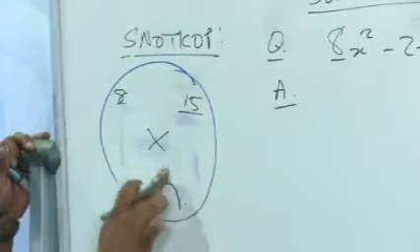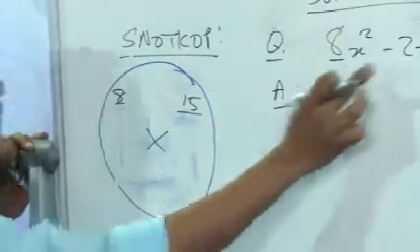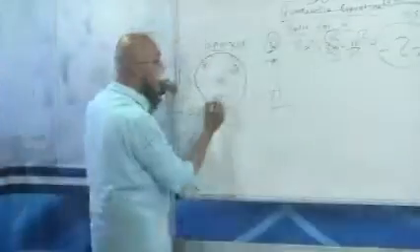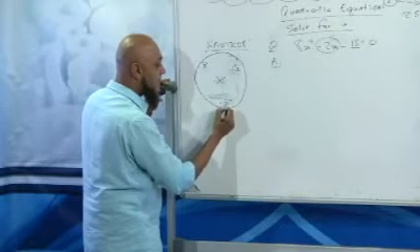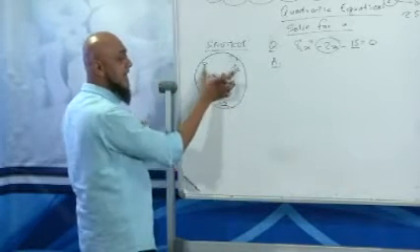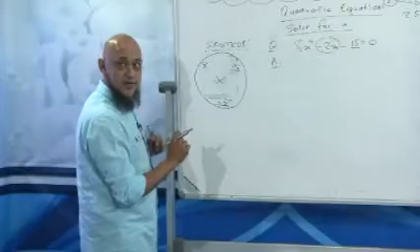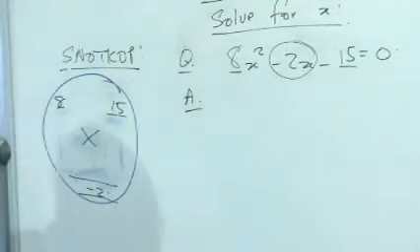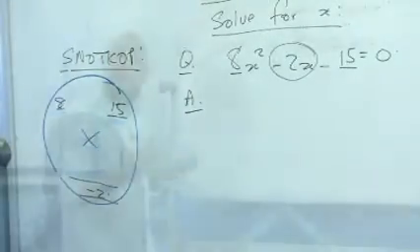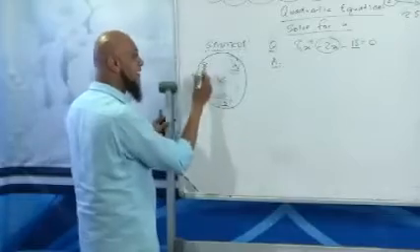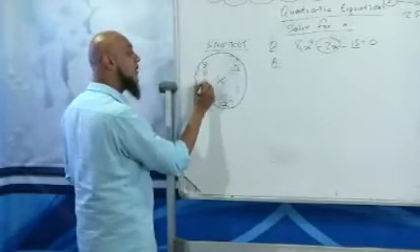What's his mouth? We now take the negative 2 in the middle and we make that his mouth. So there we go. We've got his eyes, we've got his nose, we've got his mouth. Now he's crying, so we need tears. The tears in mathematics are his factors. So what are the factors of 8? Let's choose any two random factors, 4 and 2.